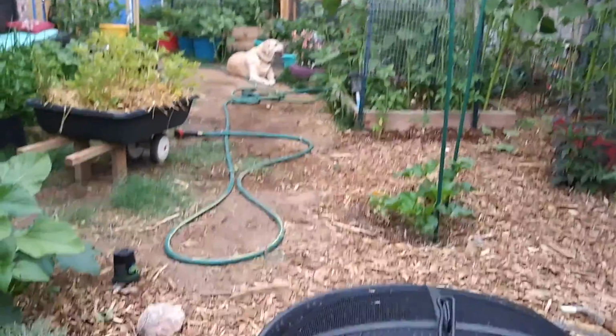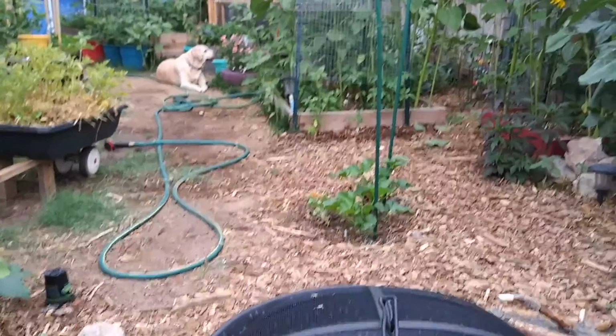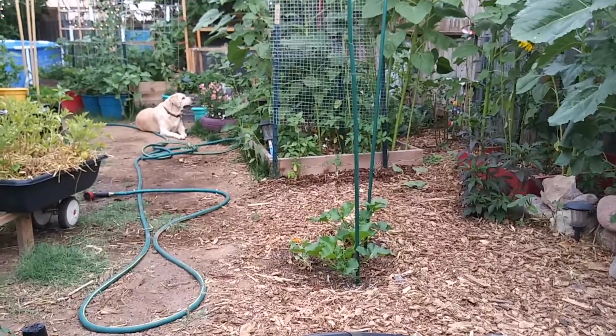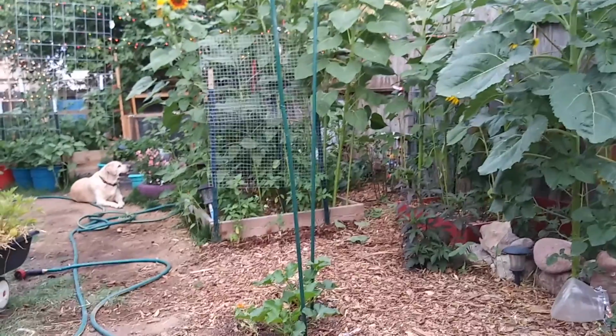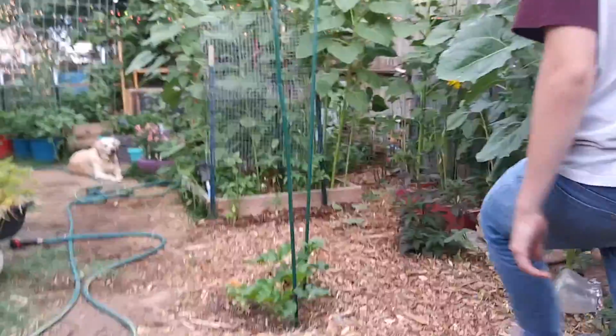I do add compost because we have a compost bin. In fact, it's probably past ready, but I wanted it to break down a little bit more. I've been spinning the barrel. Have you spun it today? I did not spin it today. So he's going to go spin the...